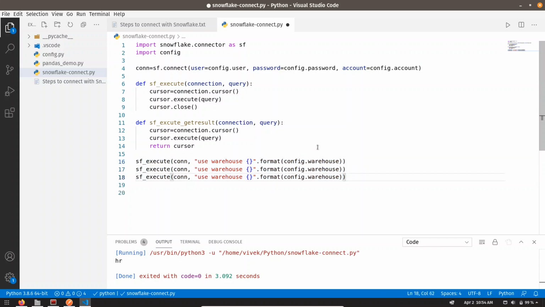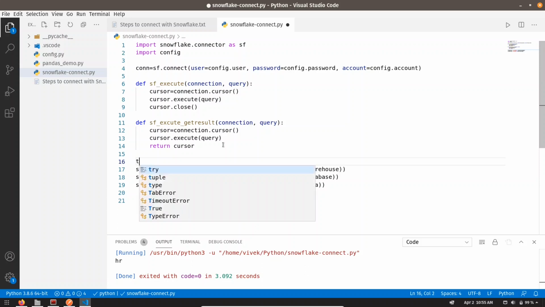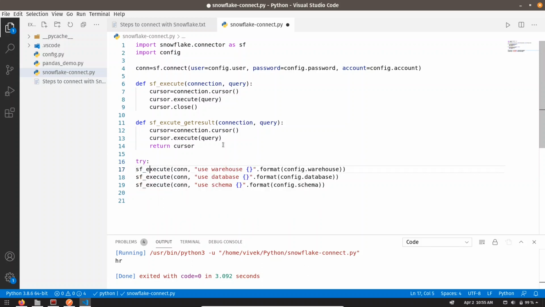So let me copy it and change it. One more thing friends, this whole code should come into a try except block. So let me put it into try.